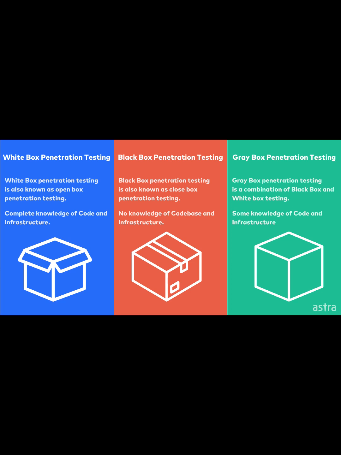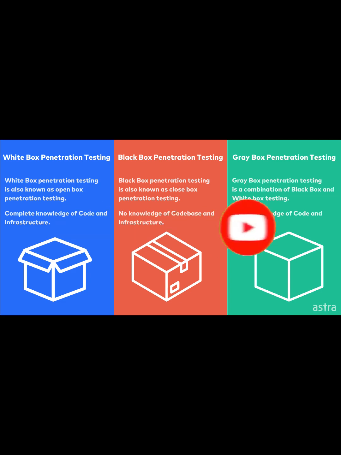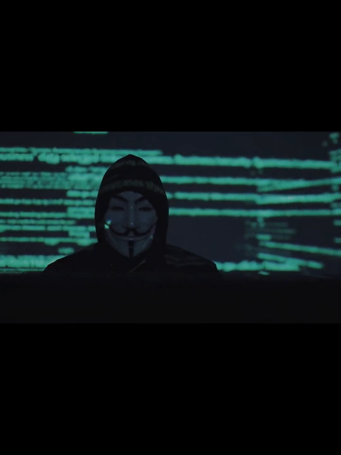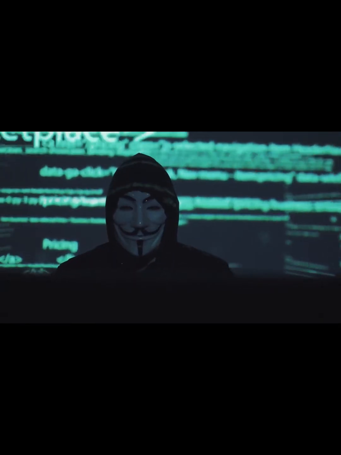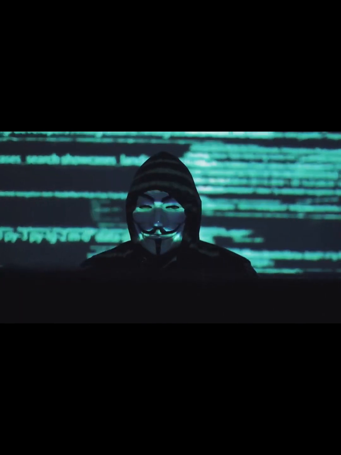external attacker cannot. Gray box testing is a type of penetration testing that combines elements of both black box testing and white box testing. In gray box testing, the tester has some limited knowledge of the system or network being tested, but not full access to its internal workings. The tester will typically use a combination of automated tools and manual techniques to identify weaknesses and assess the effectiveness